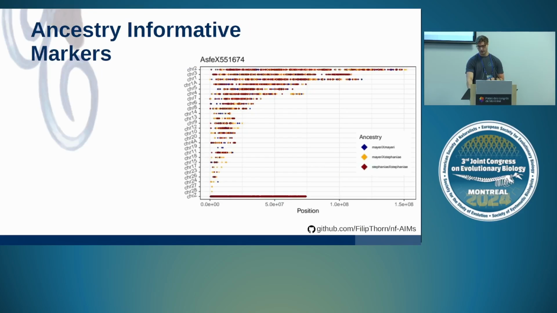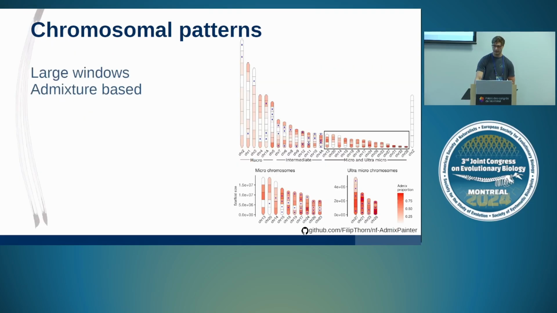Initially, I wanted to use this AIMS method, but since it's based on fixed differences, and these are much more closely related species, there are a lot fewer fixed sites, so it's very hard to see a pattern. So instead, I opted for making a method where I have much larger windows, and I use an admixture-based approach. So I lose a lot of resolution, but I still am able to see large, broad-scale